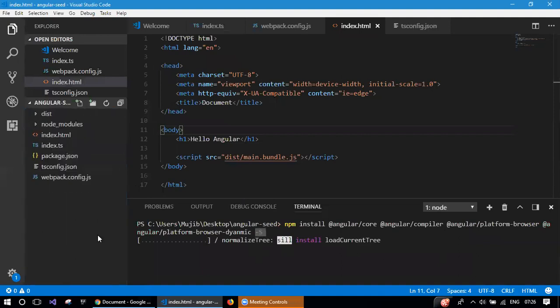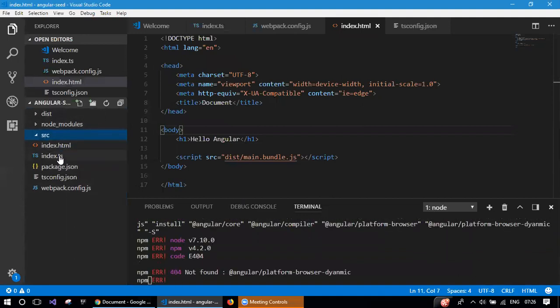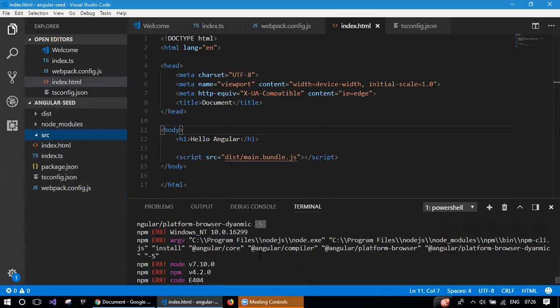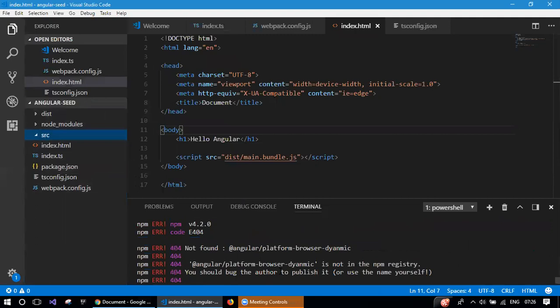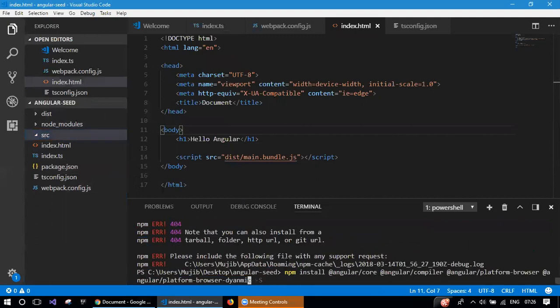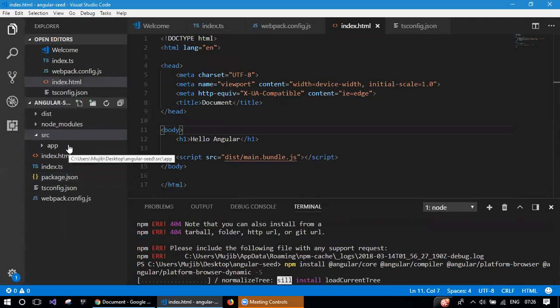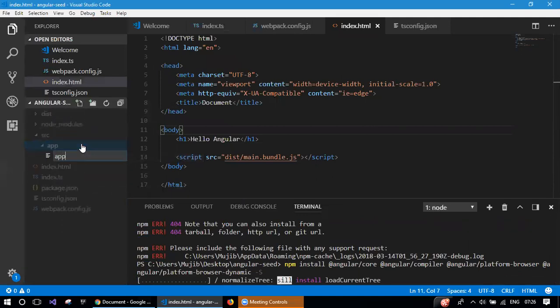So I'll go a little bit fast here because we have already seen all these things. Okay, there seems to be some issue. Okay, there is a typo. So let me rerun the command again. Dynamic. So in the source folder, I'm going to create another folder, app. That's where all of my components will reside. So first component that I'm interested in is